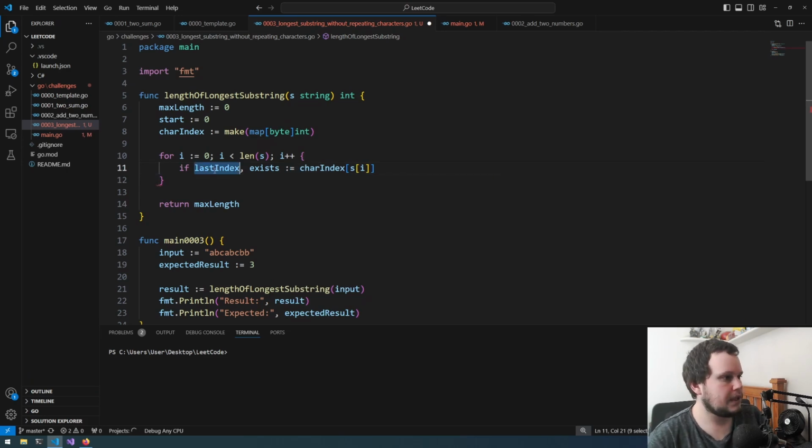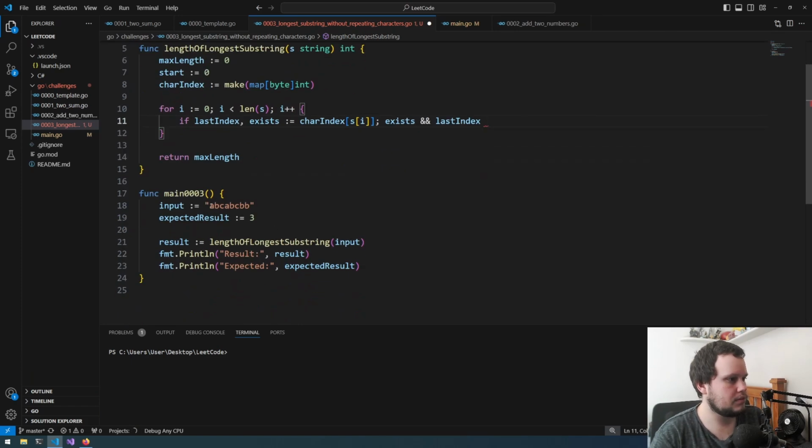The first one returns the value of what's in the map, and then this returns whether that key actually exists in the map. So if this is true, we then can go on to the next one, where lastIndex is,